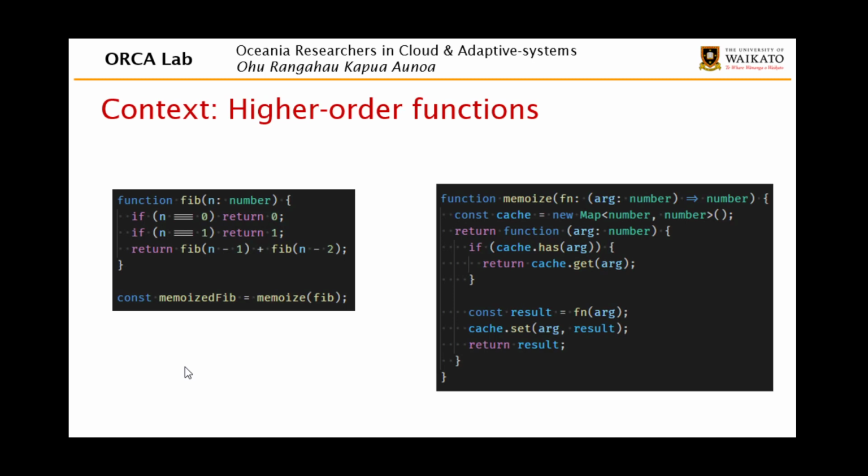And so a little bit of context before we get into describing the system being discussed here is a concept of something called higher order functions. So on the left here I have an implementation of a function which calculates the nth Fibonacci number. And something that's sort of interesting to note about this is that firstly, it's very expensive to compute large Fibonacci numbers. It's an O(n squared) algorithm. And the second thing is that if we have the n-1th Fibonacci number, we actually theoretically shouldn't need to do any work in order to